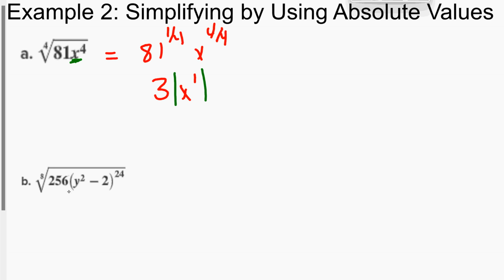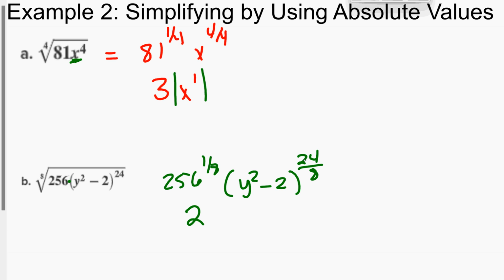Okay, and then here on this next one, the 256, because of this multiplication, that's going to be raised to the 1/8. And then our second part of the radicand is y squared minus 2, and that's being raised to the 24th. So the numerator would be 24, and the index, the denominator, would be 8, which reduces nicely. 256 to the 1/8 is 2, and then this would reduce nicely